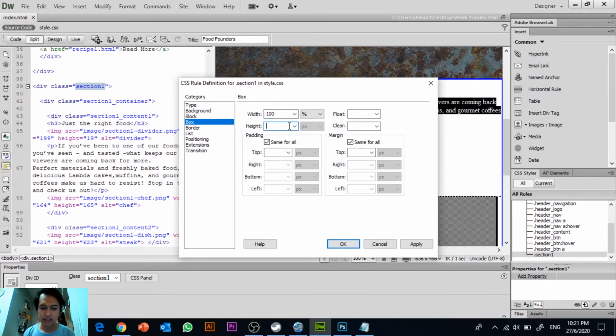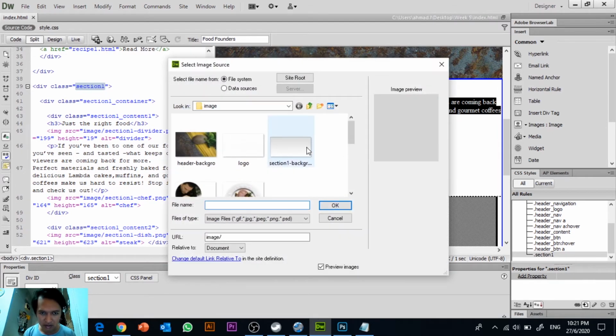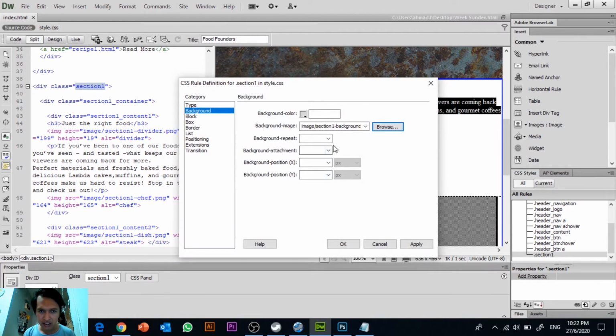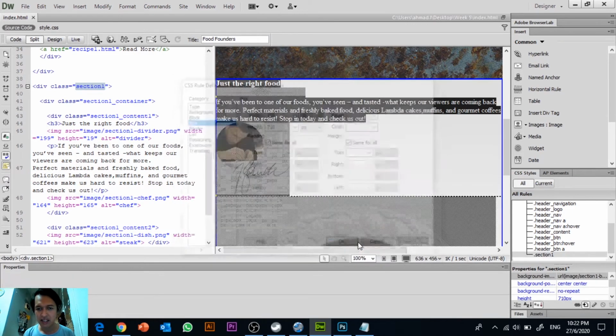Height, according to the image, should be 710 pixels. Okay, and then we're going to choose the background for the image using section 1 background. Select. Okay, make sure your background position is center, X and Y is center. Okay, background repeat, there is no repeat background. Okay, so once we make the placement accordingly in our CSS style, we click apply, and we click OK,